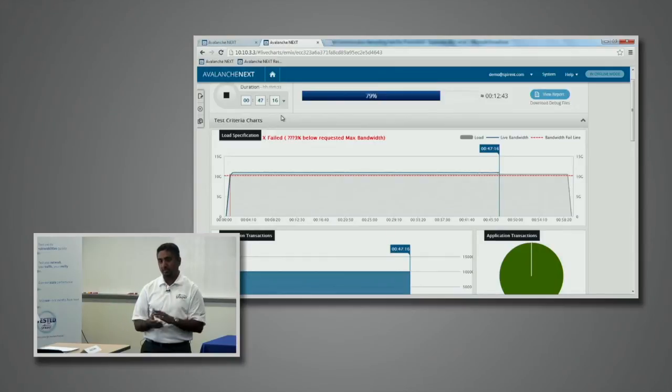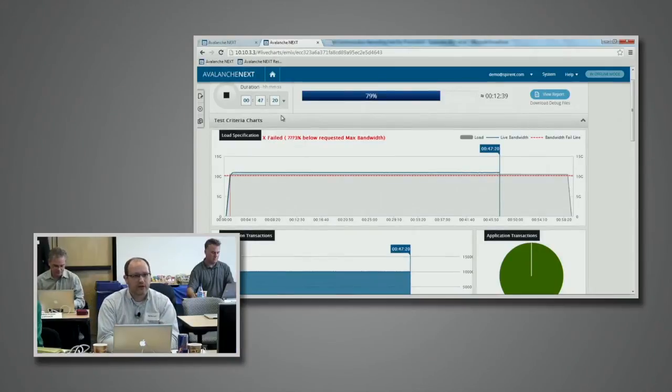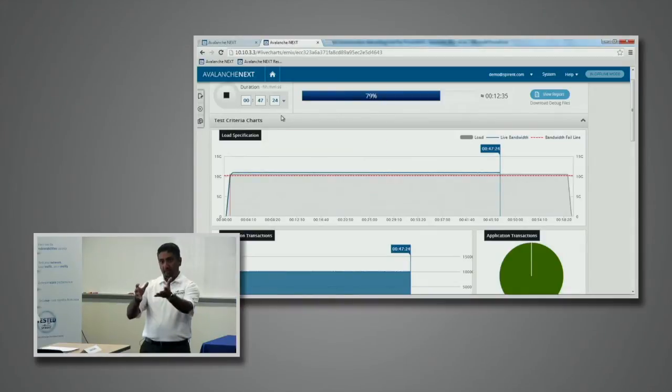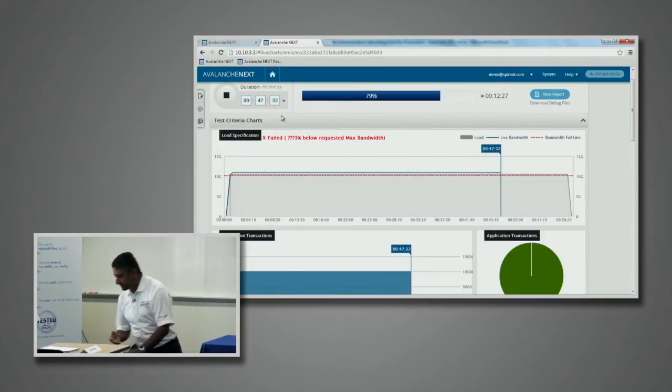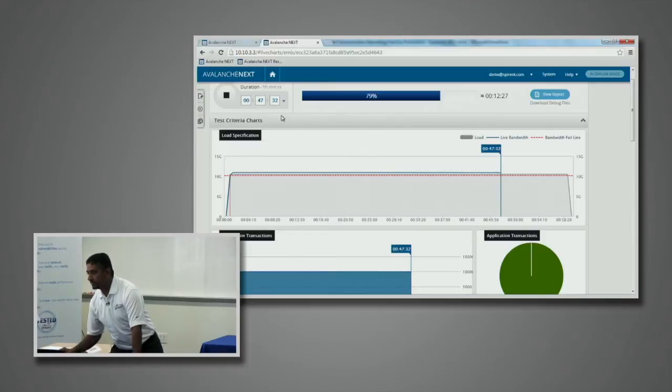And if it's something like an FTP pull, is that going to do a proper slow start ramp up and everything like that? It will behave the way FTP would behave. So all those individual protocols behave exactly the way they would on the wire if you're doing it from a PC, let's say. Can I save the test scenario